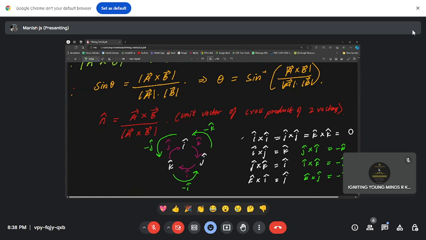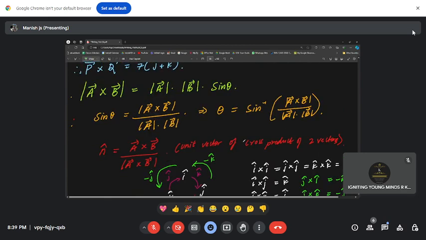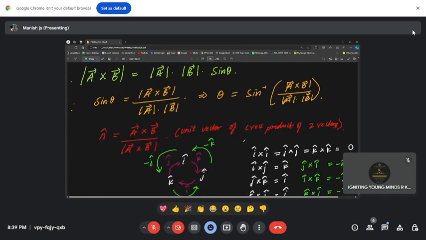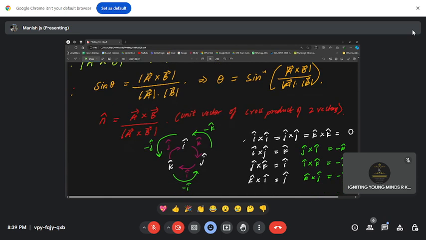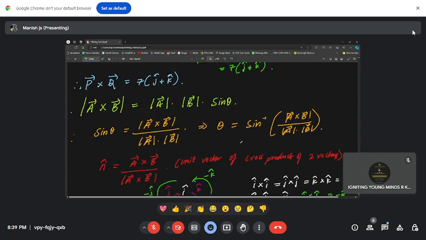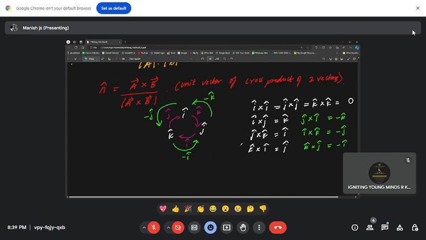So what are the relations between the vector cross product, the determinant method, how to calculate, and how you need to find out the angle between two vectors in cross product. We have seen how to find out sine theta, and we also learned how to find out the unit vector of the cross product of any two given vectors, and finally the relation between the unit normal vectors also in cross product. So all this has been discussed thoroughly. On that note, we'll proceed further. We are done with the basics, and certain advanced topics also in vectors I have covered. So with that, we'll move on to the next aspect.